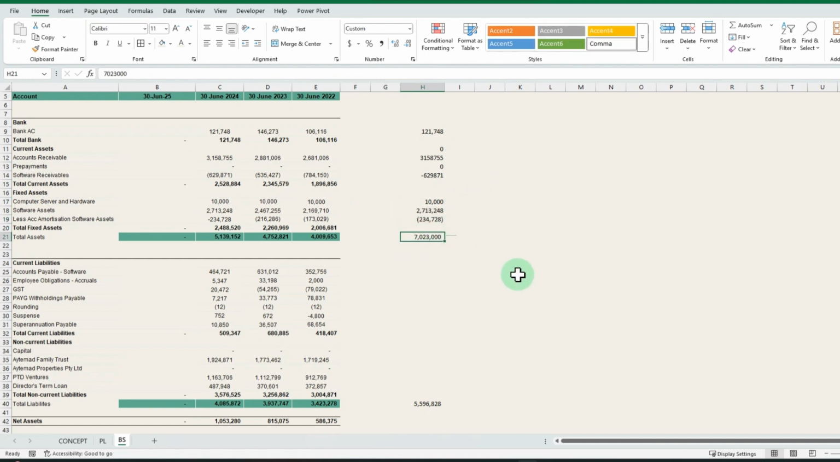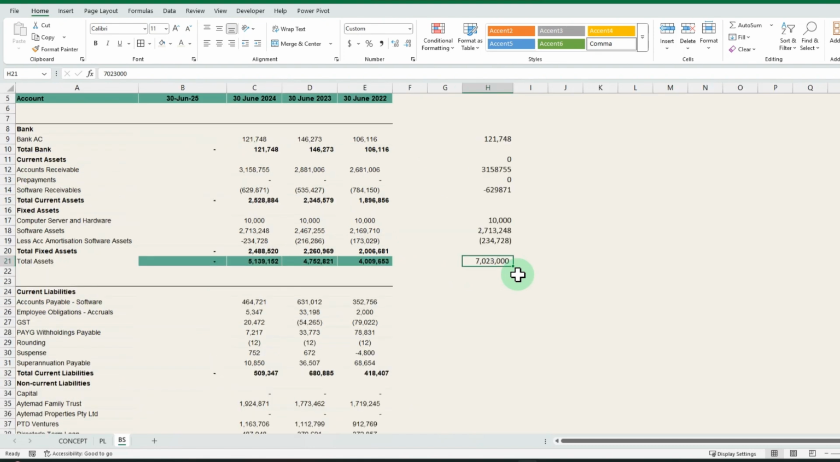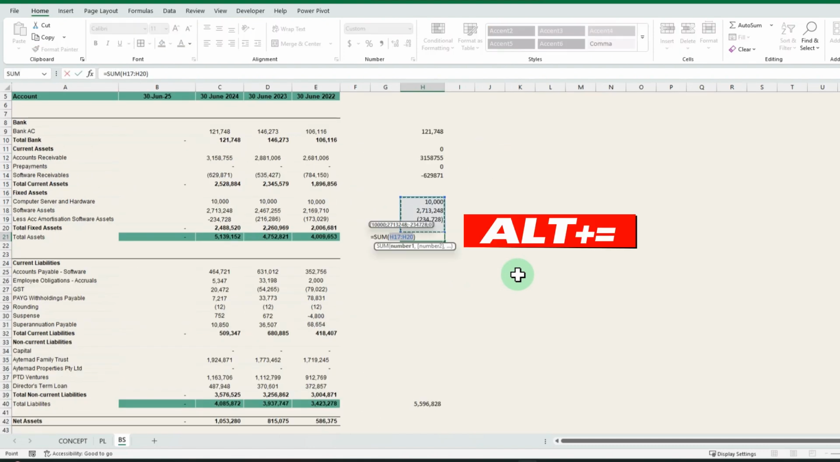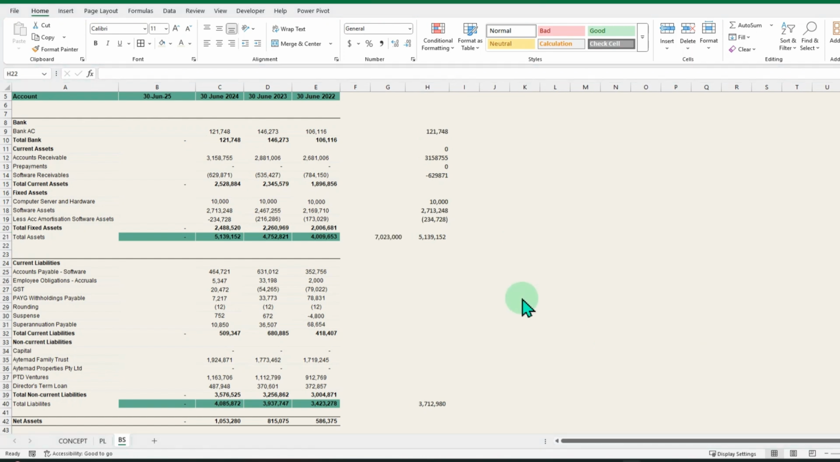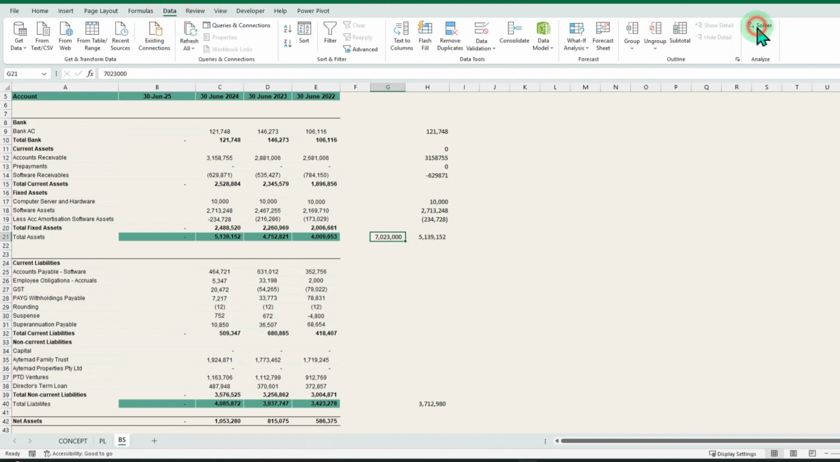Then I will go to solver and identify my problem. So let's add these up. As you can see, it is around 5131 lakh, and the figure I want to get to is 7023. Okay, so now it's simple. Go to data solver